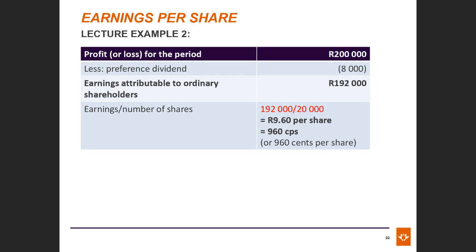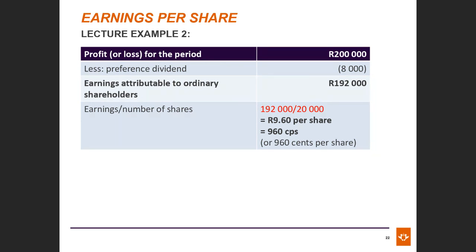Okay, so these preference shares are non-cumulative, which means that if the dividend is passed, it does not need to be paid. Okay, they are non-cumulative. So the only way that these shares can be deducted is if they are declared during